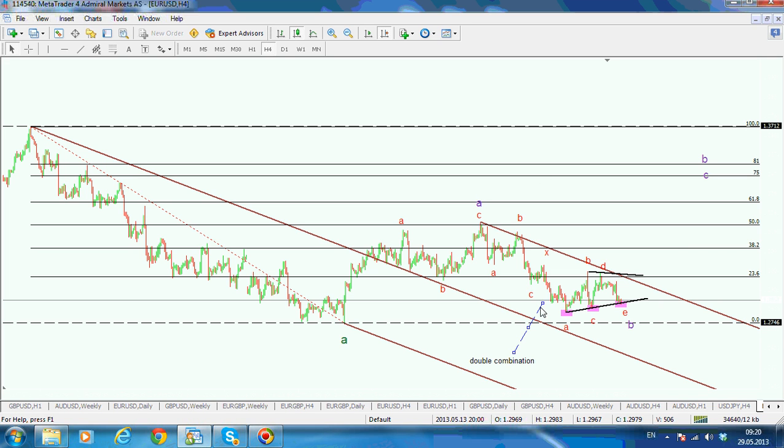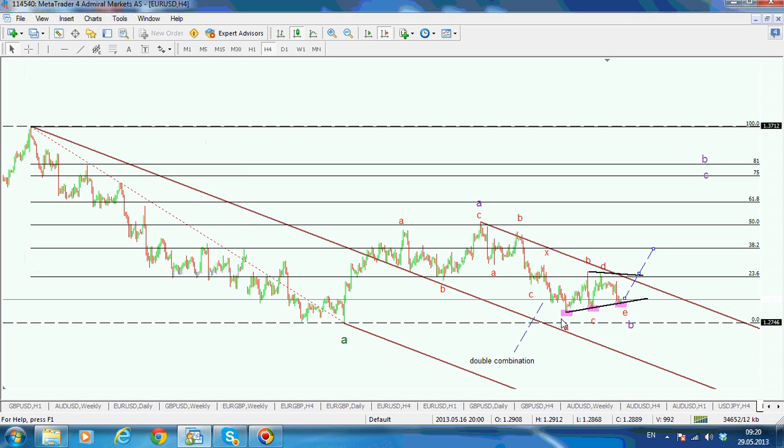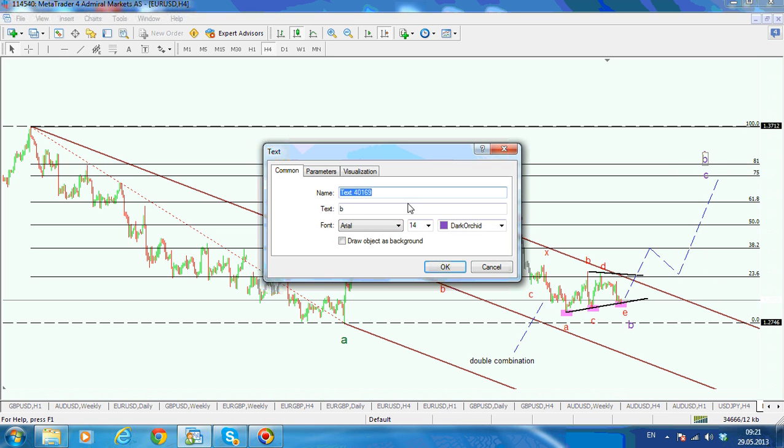Now, judging by how price looks now, I would favor something like from this moment, providing, so this is 128.40, 128.59, okay, 128.60 area for the euro dollar. So providing 28.21 and 27.86 hold, then I would say that this would be something like this, and then retest the trend line of this triangle, and then try to go for the highs here, C, B, and this should be the B of a higher degree,